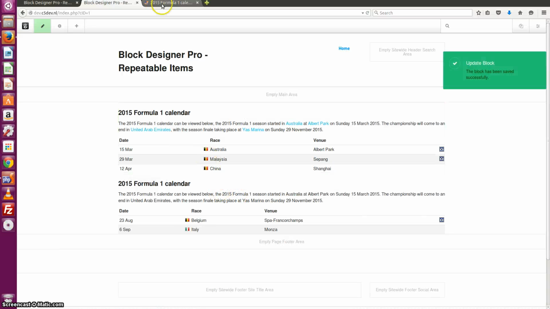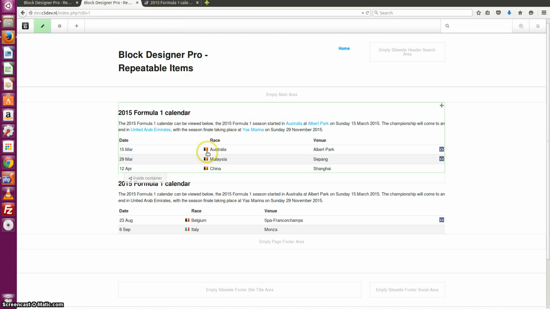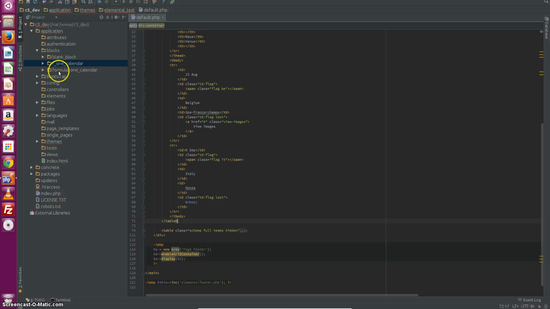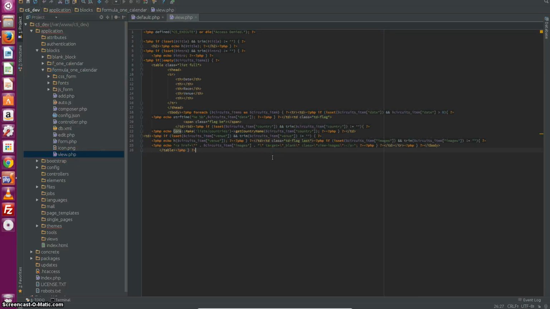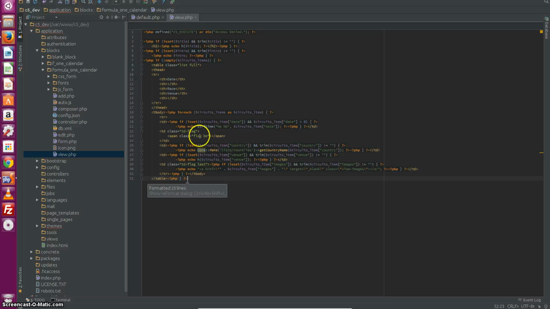We've got it almost completely like it should be. As you can see, there are 3 Belgian flags, but that shouldn't be. I've decided to do this outside Block Designer, because I don't want to enter 2 times the same country. So we'll be going to the block type, we'll go to the view, and we'll just look for the flag that should be